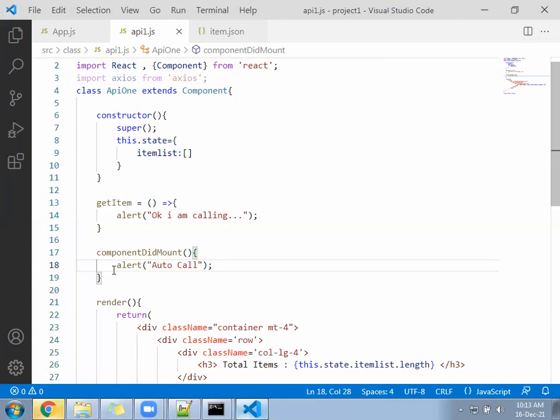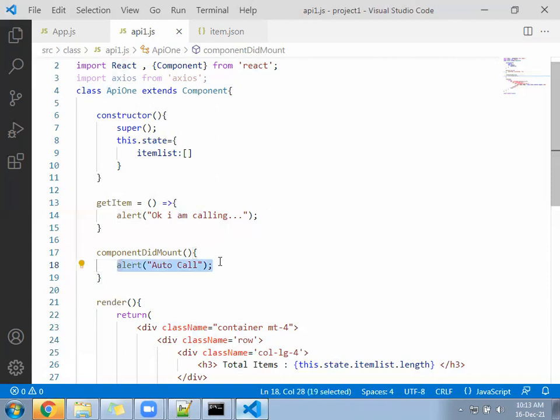Okay. First constructor, second render, third componentDidMount. Now inside componentDidMount, we will call this function. So componentDidMount will come automatically, and we are going to utilize that function.